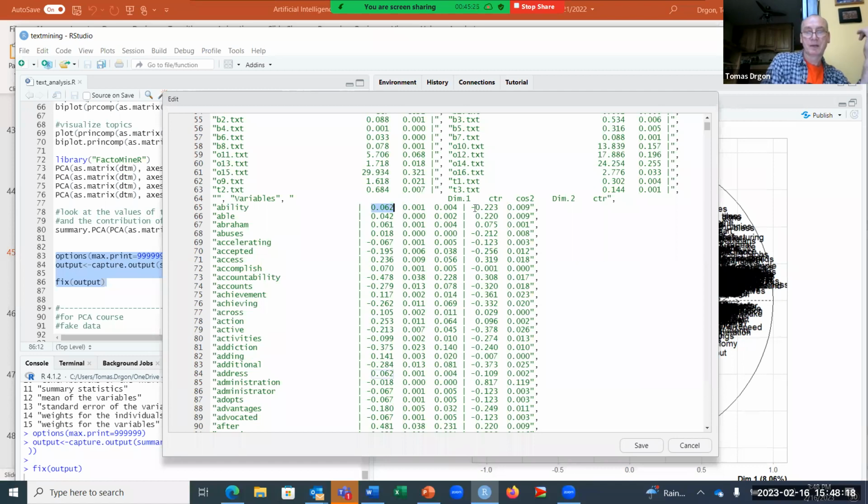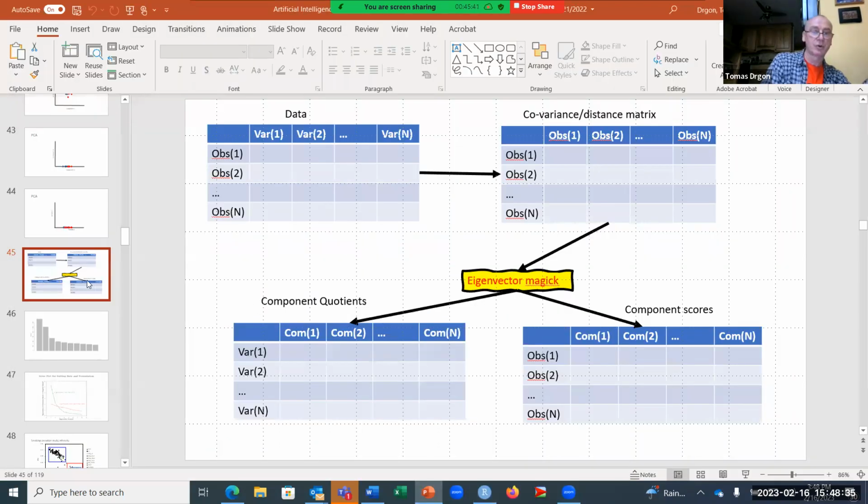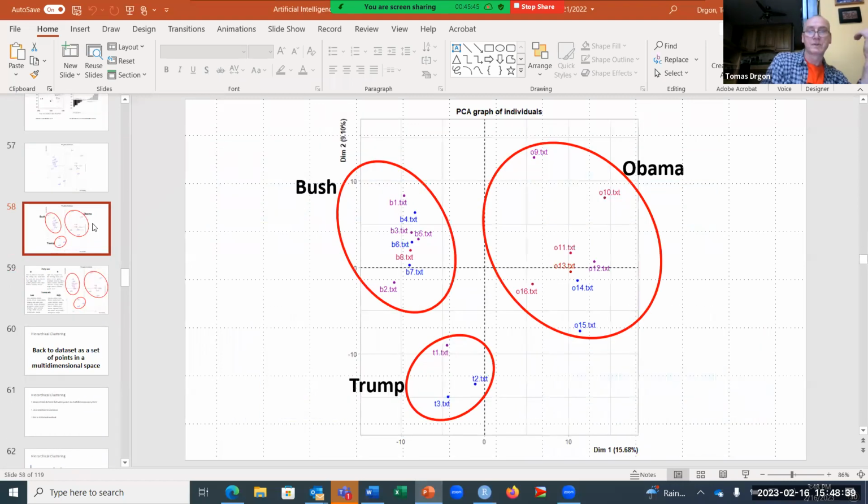And then you have a contribution of the same word to dimension 2. So you can sort these by their contribution to dimension 1 and 2, and basically those are the topics that distinguish. And I have a canned slide here that I can show you. Those are the topics that distinguish